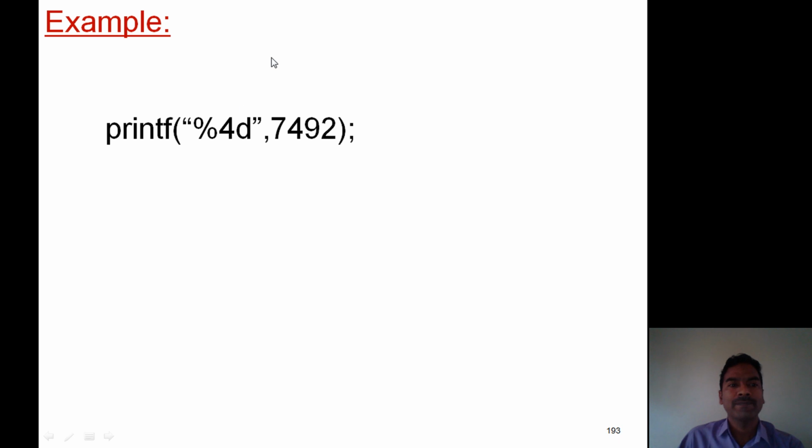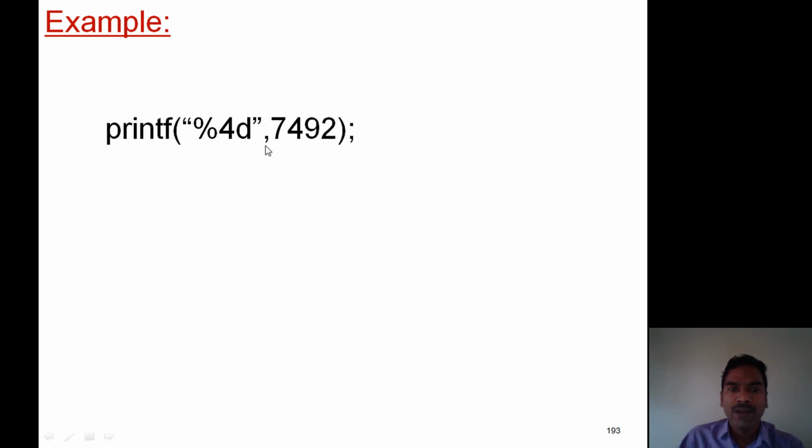Now observe this example. printf within double quotes %4d. Here 4 is the field width specifier and we are printing the integer value 7492. Remember students, while printing, the value is always right justified and each and every digit is treated as one character and requires one column space.